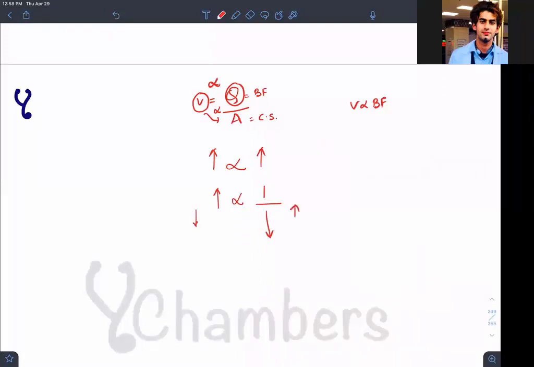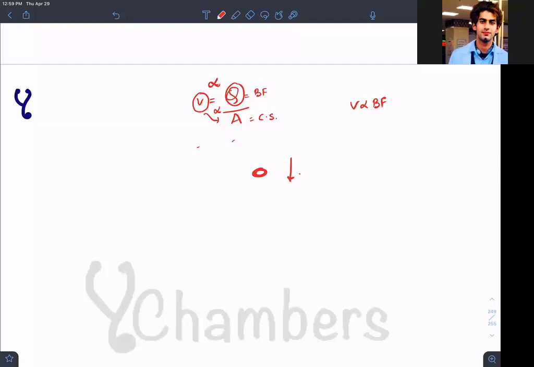Is it clear? Directly proportional means one quantity increases, the other increases. Inversely proportional means one increases, the other decreases. There is nothing more to speak about this, though some people lecture on it for one or two hours. It is simple: once one increases, the other decreases. So velocity is directly proportional to blood flow but inversely proportional to cross-sectional area. If you increase the cross-sectional area, velocity will decrease, guys.